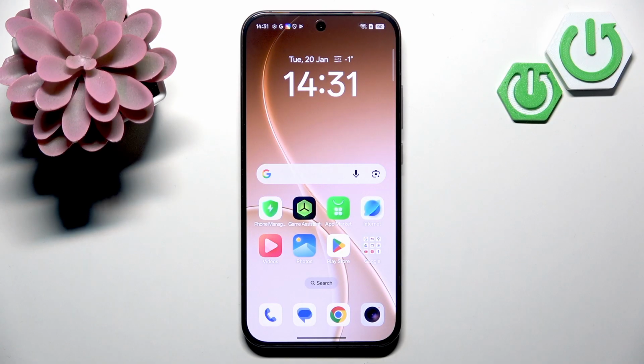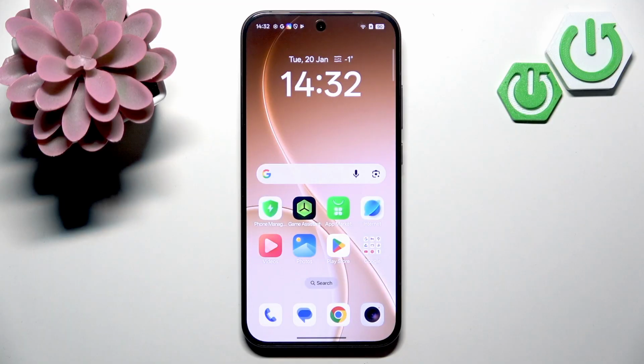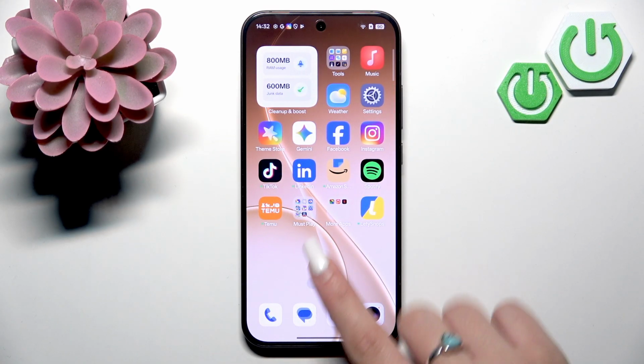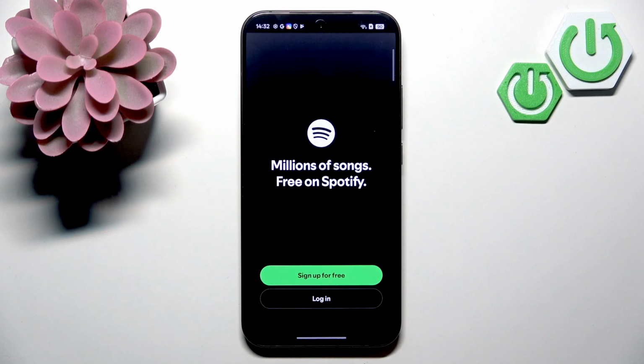So let's begin first of all with split screen. This is the mode that divides your screen into two halves, and also it allows you to use two applications simultaneously. So there are two main methods how you can activate it. In both cases you want to first of all open the application that you want to use for your split screen, and now if you use gestures as your navigation